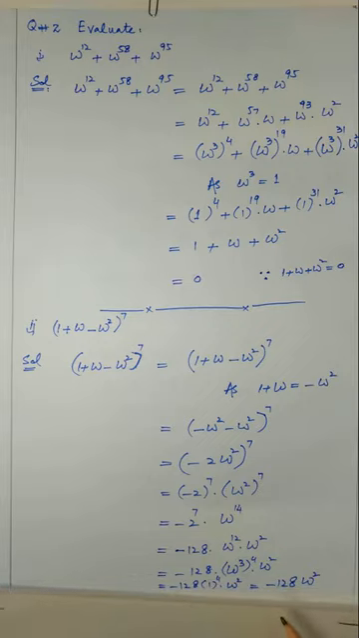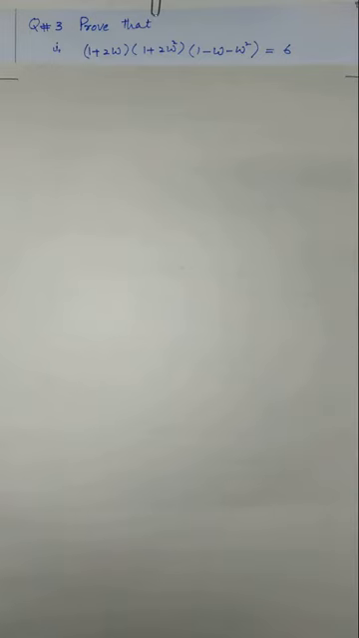So after simplification, this is equal to minus 128 omega square. Now question number 3: prove that (1 plus omega)(1 plus omega square)(1 minus omega square) is equal to 6. Solution: taking the left hand side,